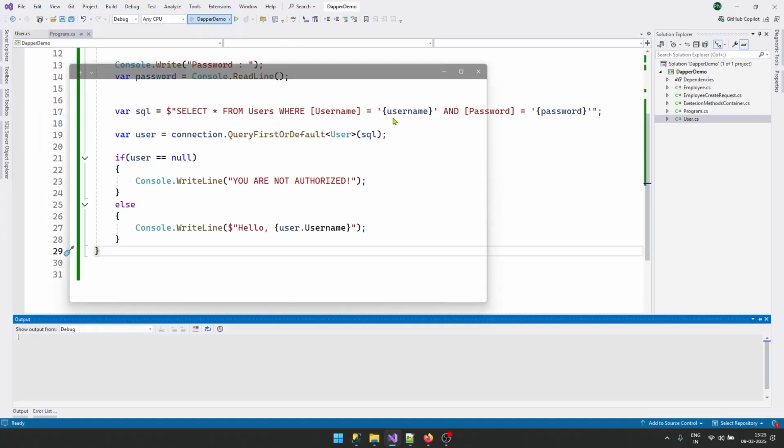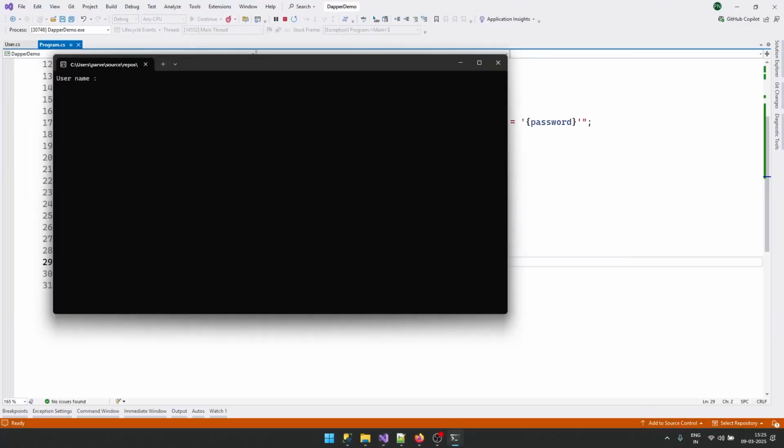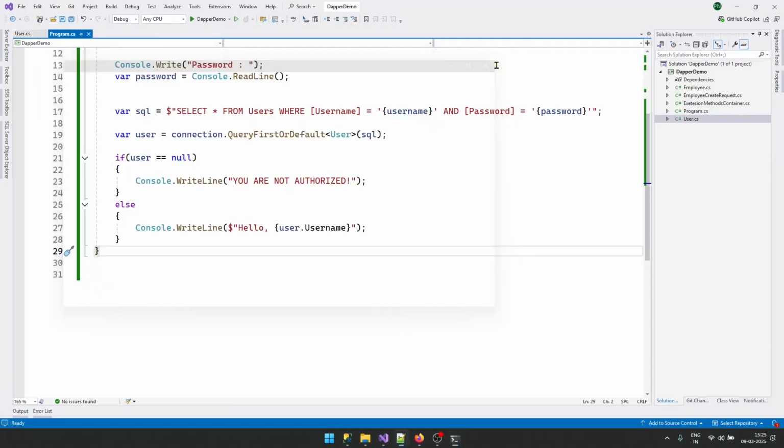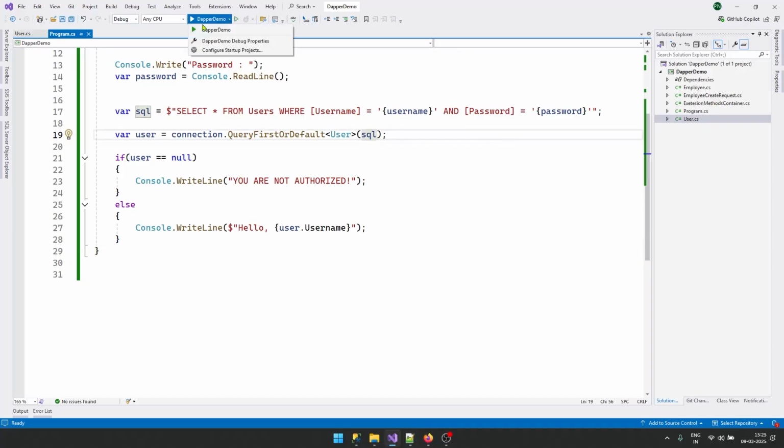Let's try a negative scenario also. I'll rerun my application, and this time again I will give the username as Christopher, and I will give some wrong password, and I will hit enter. I am getting the message you are not authorized. Basically our application is working fine, but let's suppose some hacker is trying to access our application. So what I will do, I will run my application again,